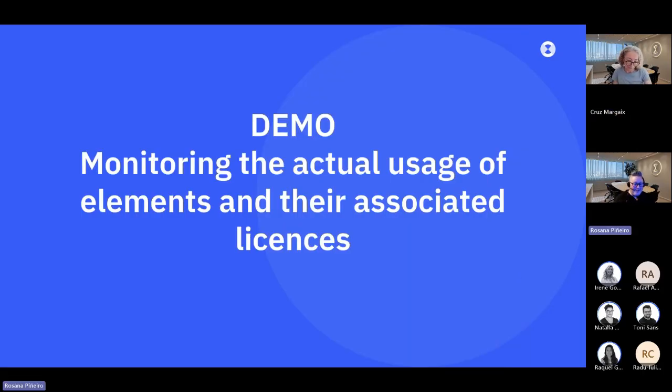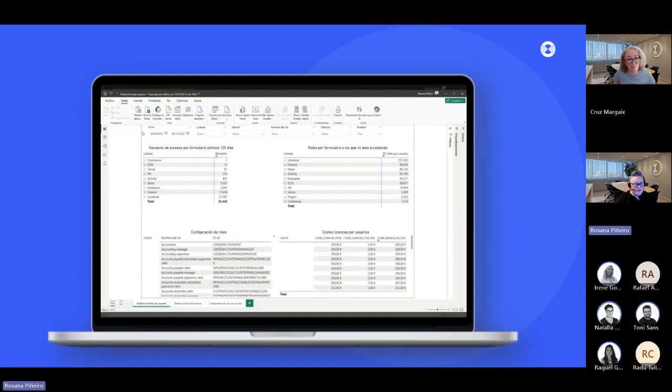Okay then. So as promised, we're going to see the tool that will identify those entry points and the usage of the users. Once again, this is a real case scenario. The interface is in Spanish in sections, but I will be explaining section by section in English and hopefully give you the whole big picture of how the tool is working and the value that it can provide. Okay then, so let's go.